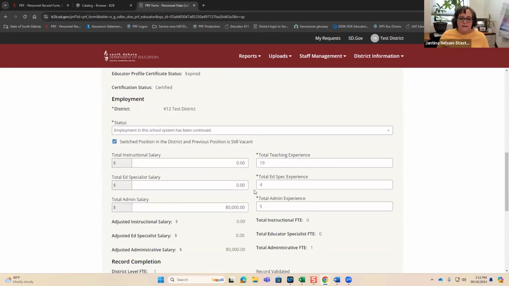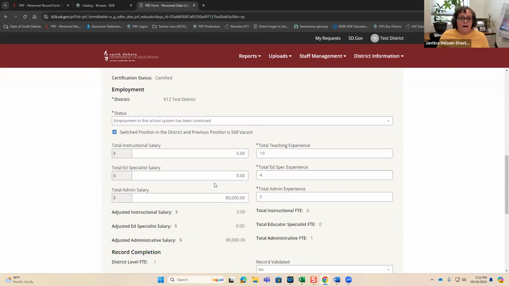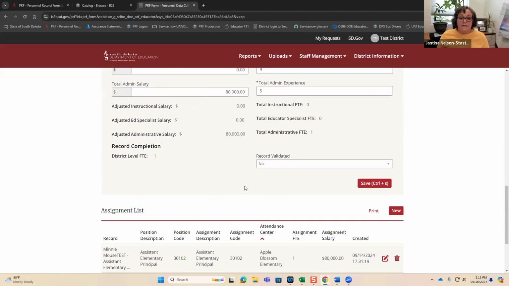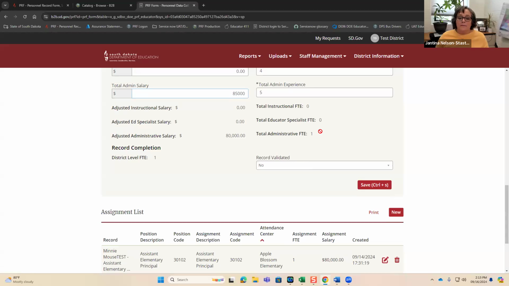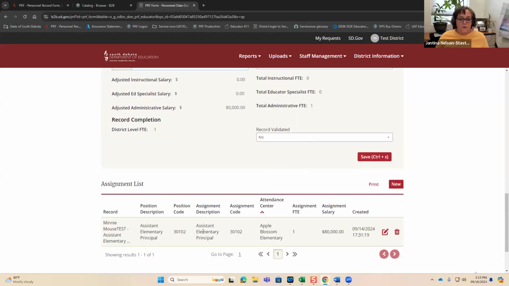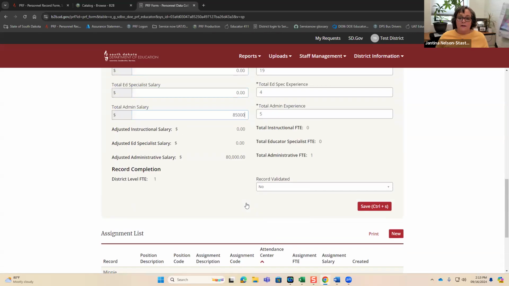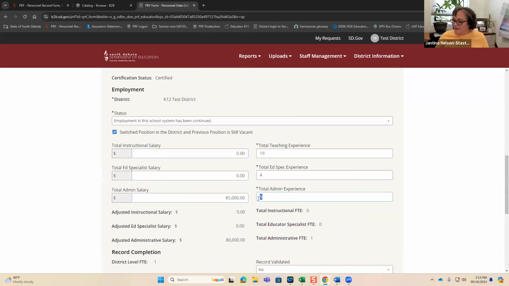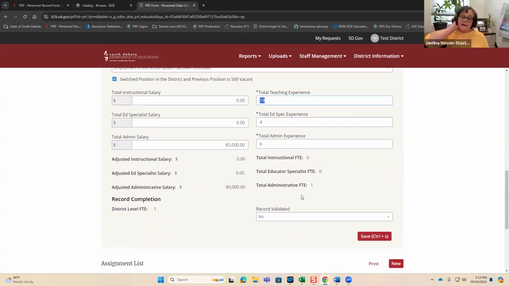Employment in the school system has been continued. As far as the salary, you would have to put in this year's negotiated agreement. It looks like this person was a principal last year. You would need to update the years of experience. If they were a principal and teaching a class, you would update both the teaching and the admin, but that's not the case. She was a principal last year.